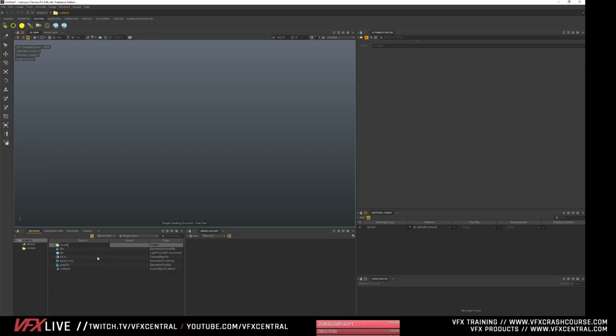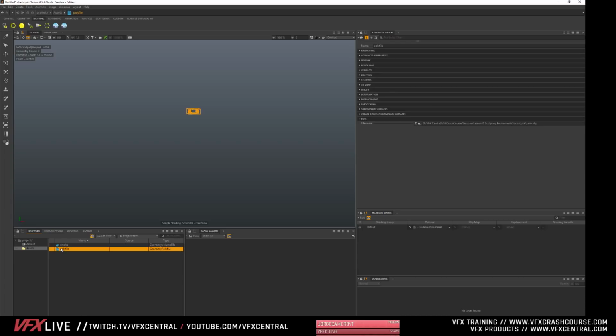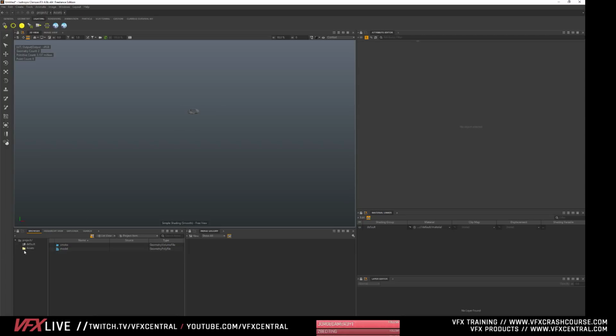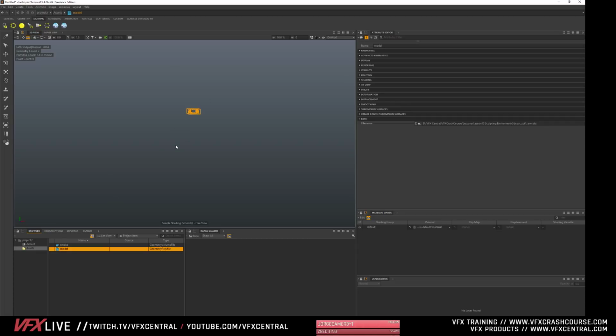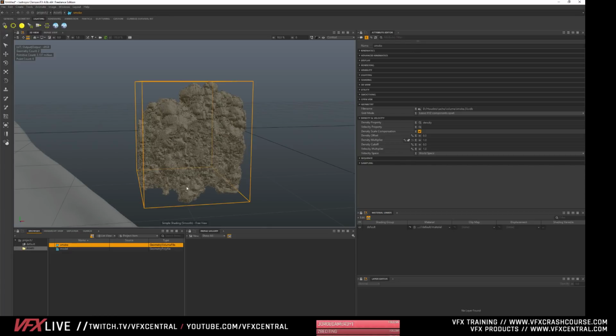I'm going to call this assets, and this is where we're going to put all of our geo and materials and all that fun stuff. I'm going to put the little spaceship thing in there as well. Now when I click on this context, we're looking at the VDB file. This is our smoke. I'm just going to name this for you. And this is our model. I believe we can hit F. There we go, and it brings us full frame. So I can hit F, and there's our volume. Just by hitting F, it brought us all the way up close and personal with this thing.